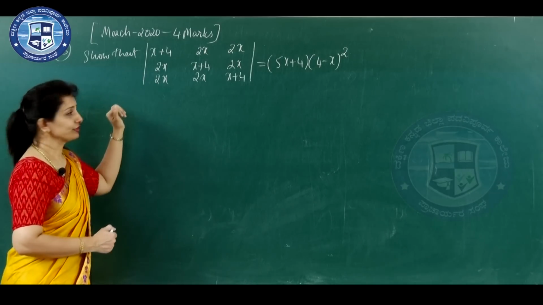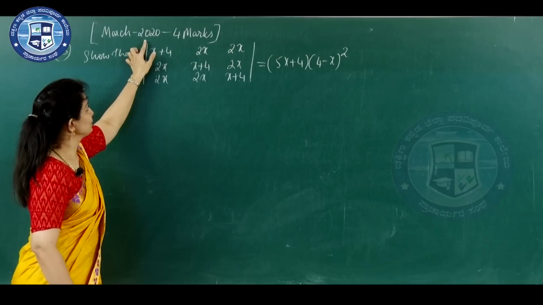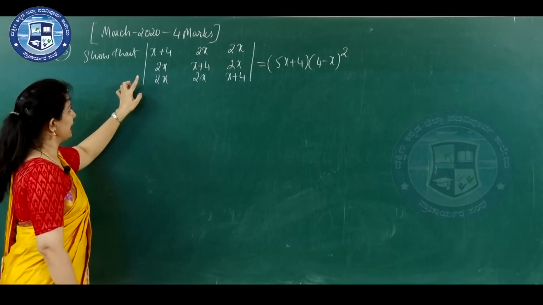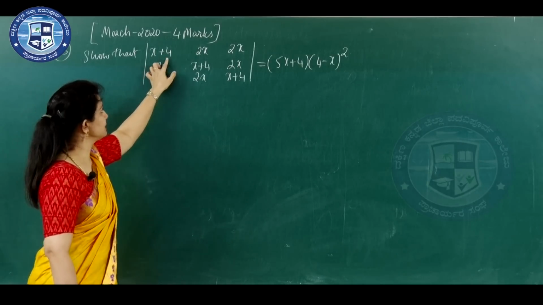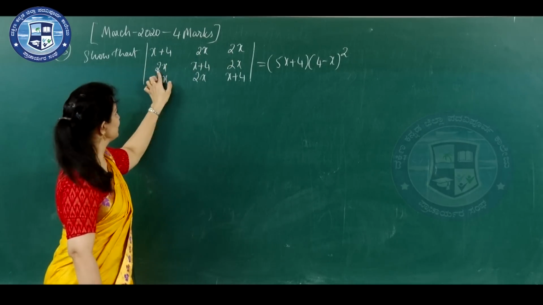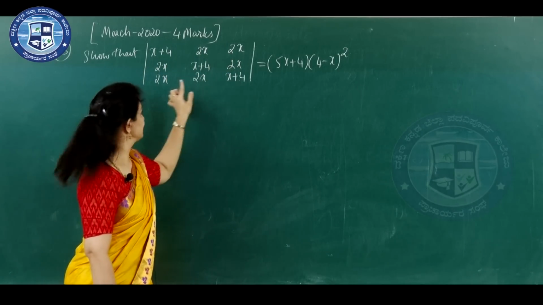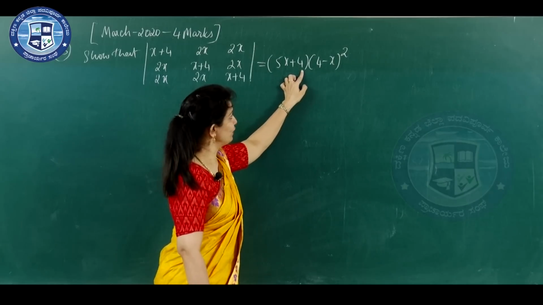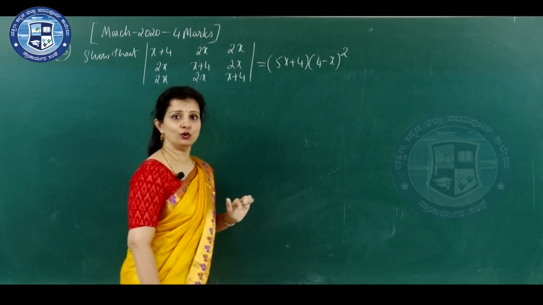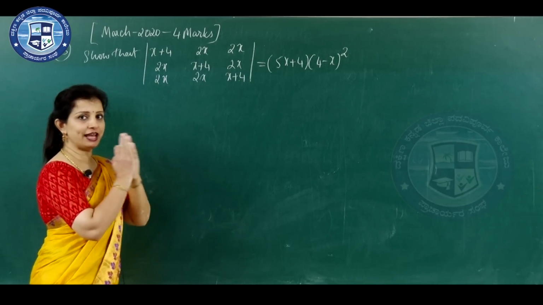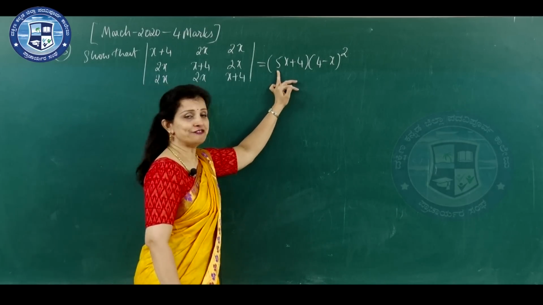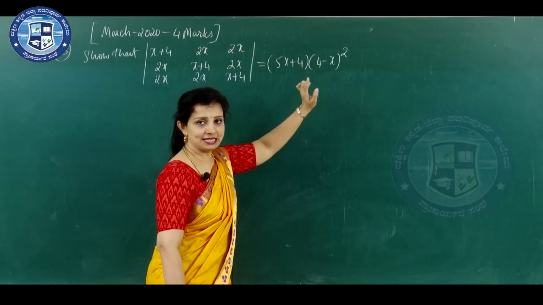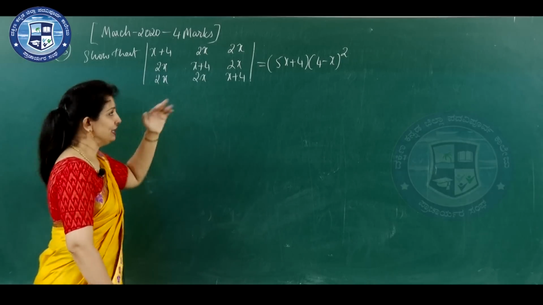Third question, which was asked in the year 2020 March exam: show that the determinant of x plus 4, 2x, 2x; 2x, x plus 4, 2x; 2x, 2x, x plus 4 is equal to 5x plus 4 into 4 minus x the whole square. Look at the factors again, RHS. Factors are 5x plus 4 is the first factor, 4 minus x is the second one. So using